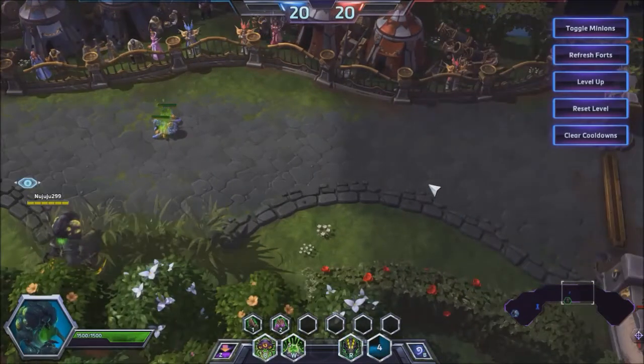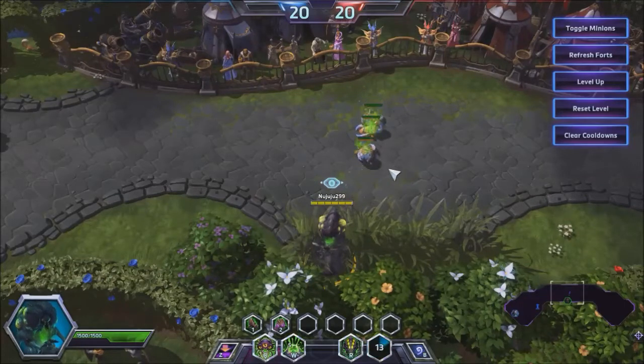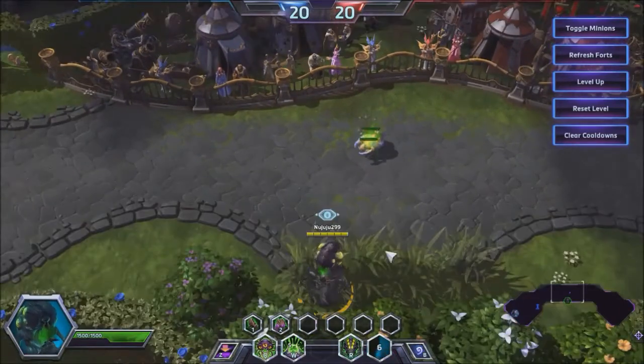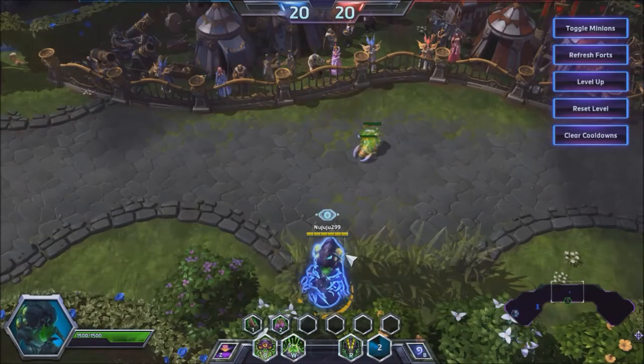It's also not hard because they will spawn up in a lane somewhere. They'll start pushing, and if you follow that lane back to the start, then you've basically followed the trail back to where Abathur is hiding. So, every 15 seconds, let's get that nest up right about...